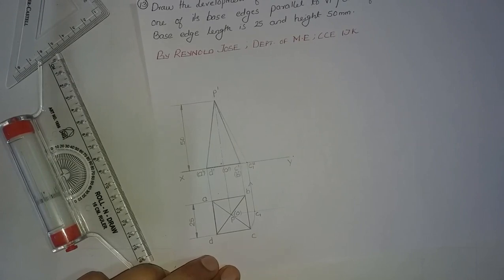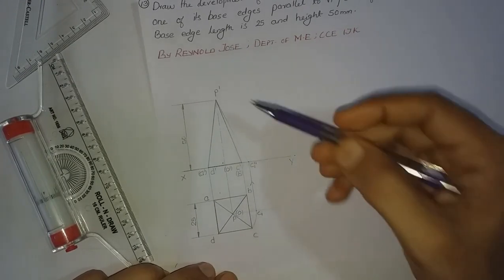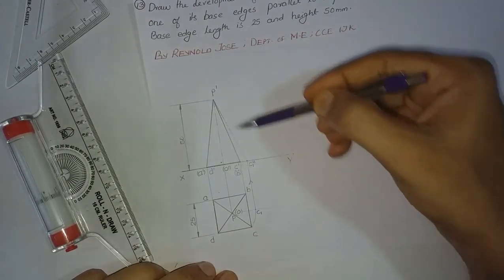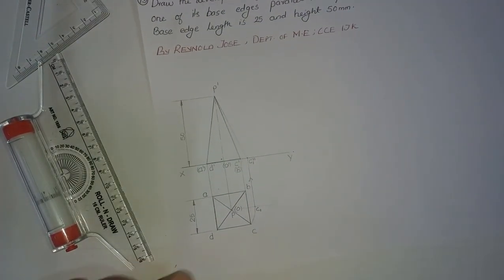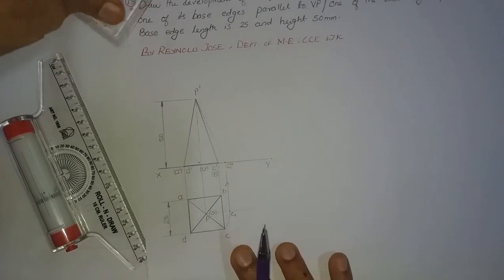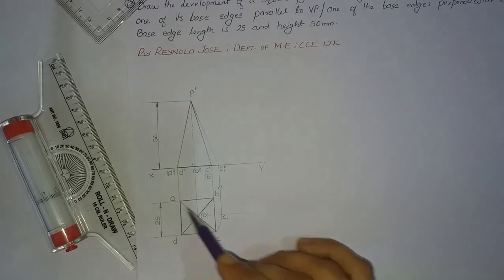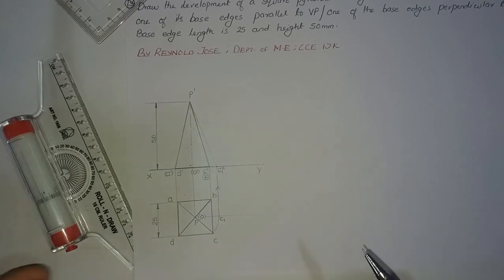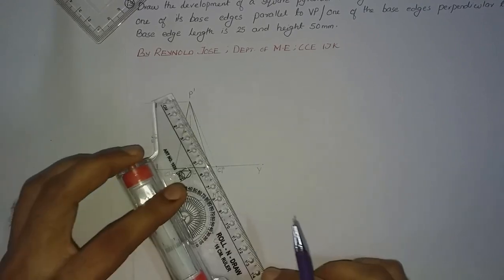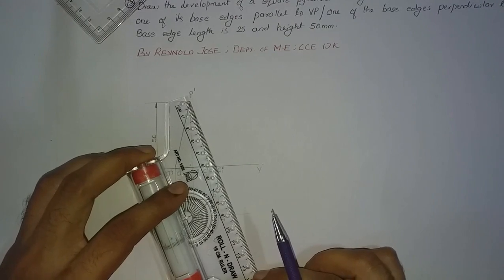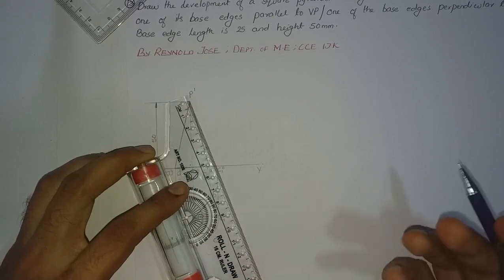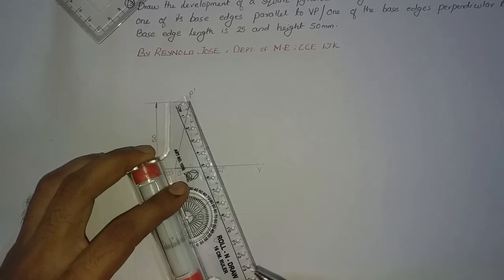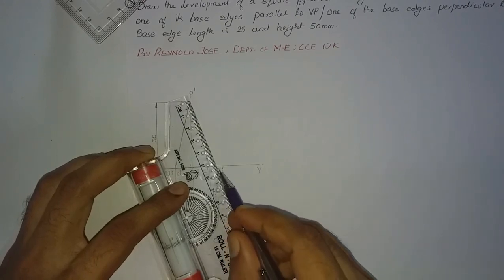So we have the true length of all the parts: the base edge, the height of the pyramid, and the true length of the slanting edge, and we shall start the construction. On the right hand side of this simple front view and simple top view, we shall construct the development. Let us measure the true length of the slanting edge. It is around 53 mm. If you are getting some other value, there may be a difference of 1 mm, either 52 or 54. Whatever value you get, take it as such. For me it is 53.